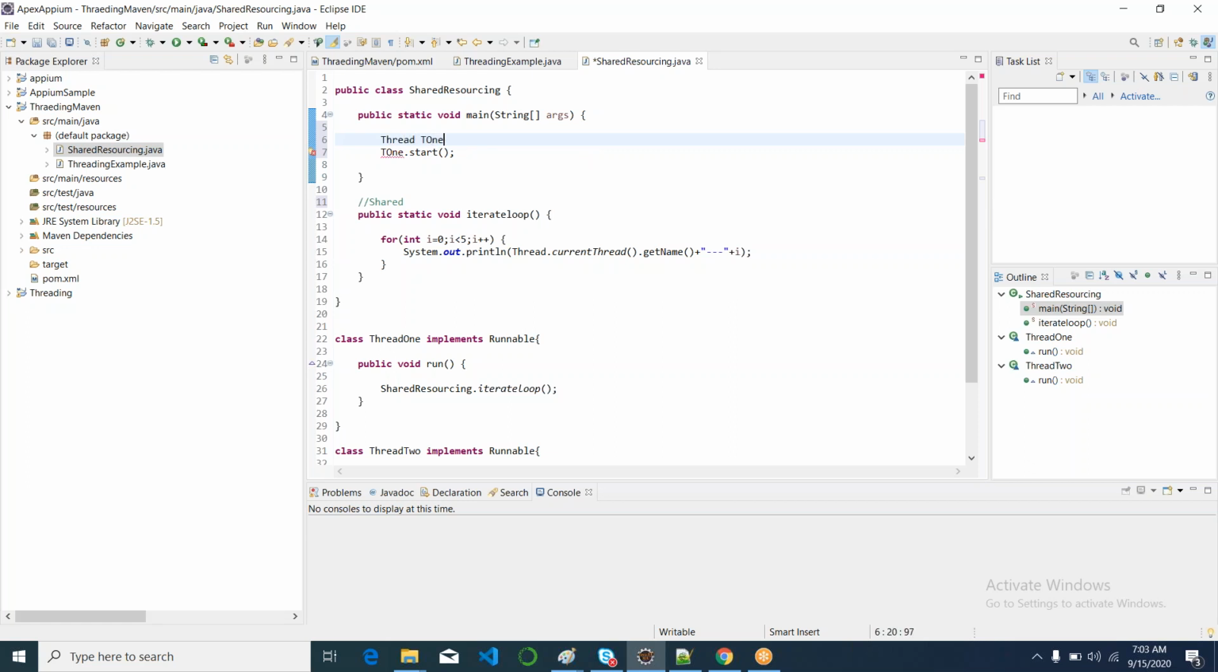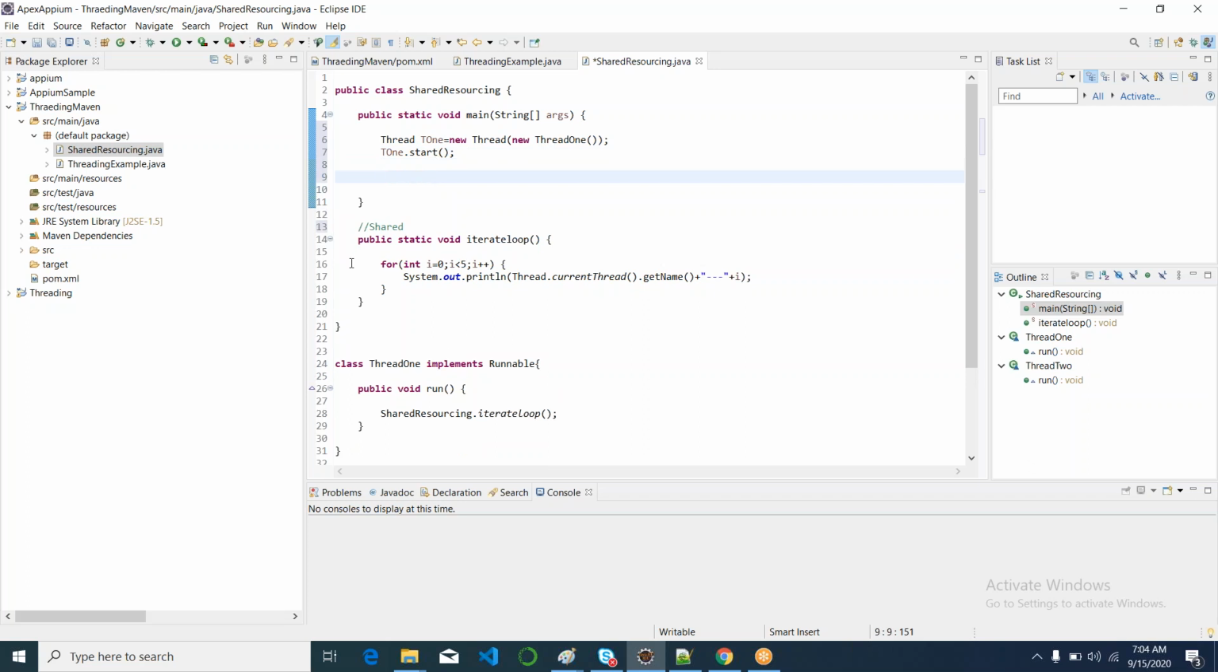Thread T1 is equal to new Thread 1. Okay, right. So if we are extending something, we can create the instance and we can call the start. As we implemented an interface, we need to call it this way. So we need to create a Thread class, and to that Thread class we need to pass the parameter of